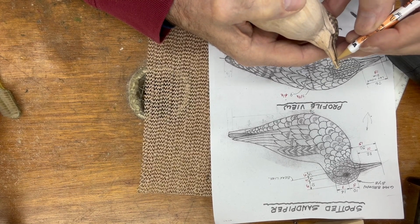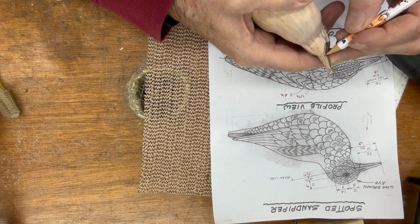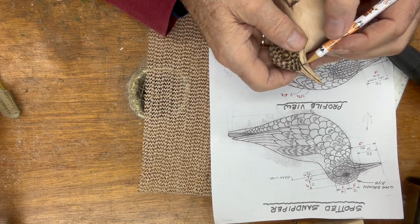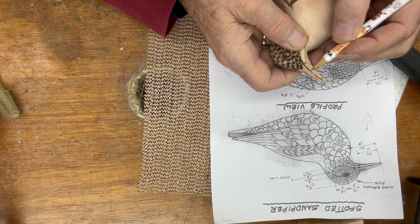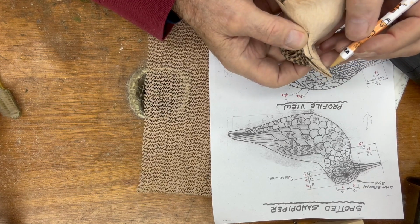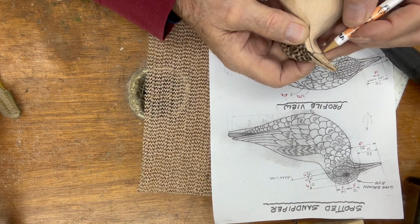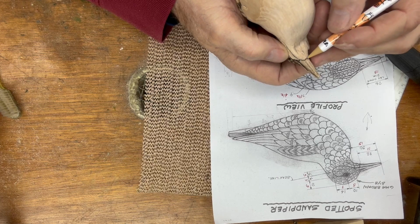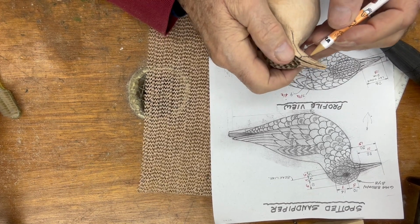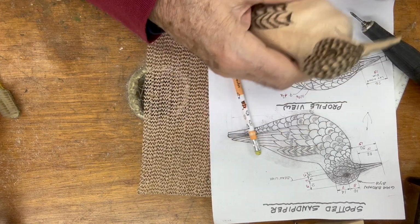Stop. Then a 32nd from the center line this way. And do the same thing again here. Like this. And like this. Let me heavy this up, because you don't want to go past this point. Okay. Now, here's what I'm going to do. I'm going to get the bullet,